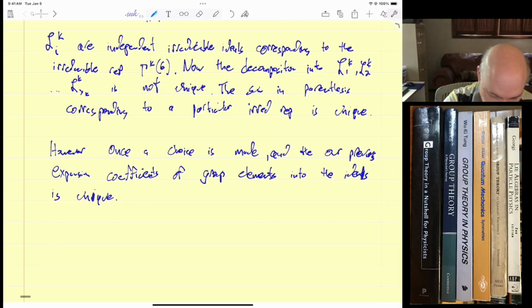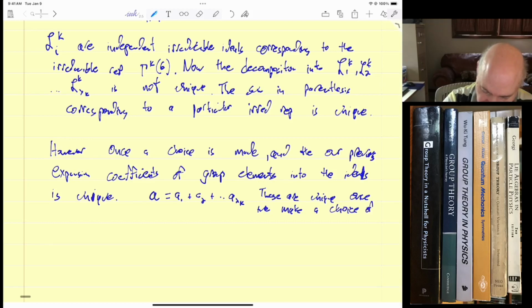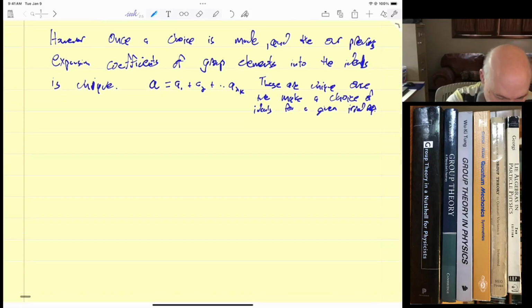So previously we had something like, if we had a group element, we could write it as A1 plus A2 plus dot dot dot A lambda k. These are unique once we make a choice of ideals for a given irreducible rep. Okay. Now, the question is, how do we construct